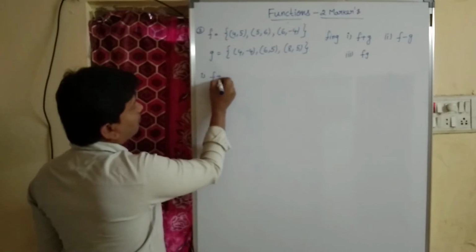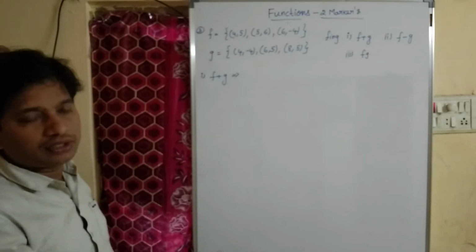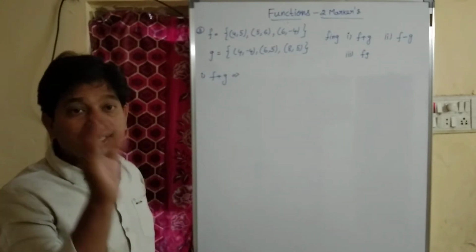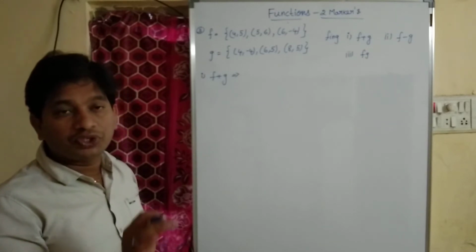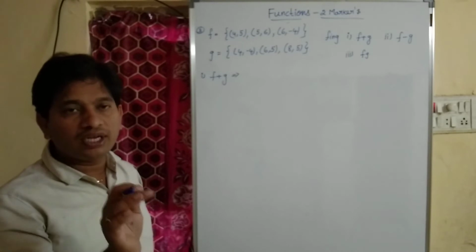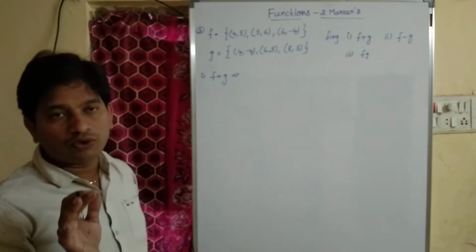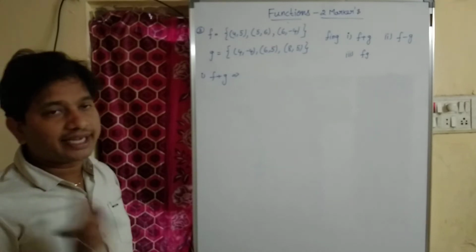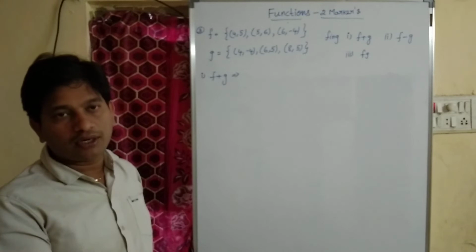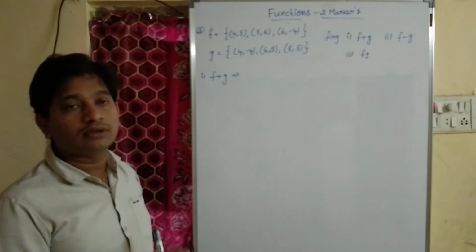We have to find f plus g. When we are performing an operation, either addition, subtraction or multiplication, the domains remain the same. We should not manipulate anything in the domain. Whatever the operation is, we have to perform it over the codomain only. And the second point, the domain must be the same. Then only should the operation be done on the codomain. Children, these are the 2 points you have to remember.